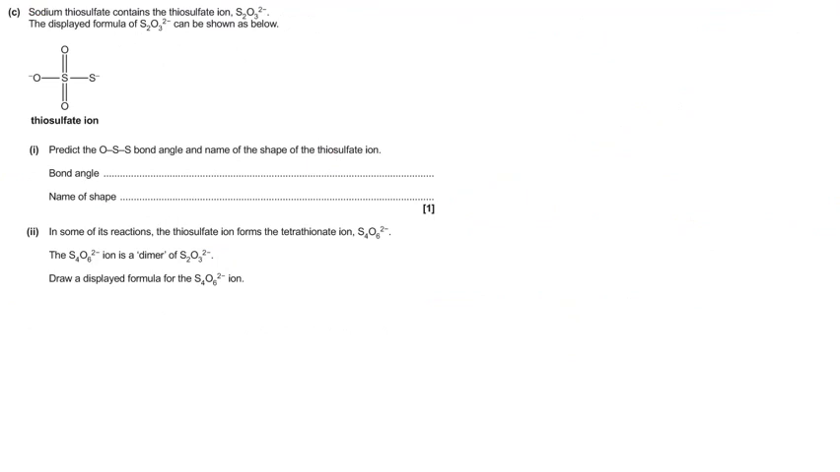So part C is about bond angles and shapes of molecules again. This time we've got the thiosulfate ion, and we've got the displayed formula there, and it wants us to predict the OSS bond angle. So that's this bond angle here, and the shape of the thiosulfate ion. The central atom is this sulfur here, so let's count the number of bonds it's got. It's got 2, 4, 6, and it's got 6 outer electrons,